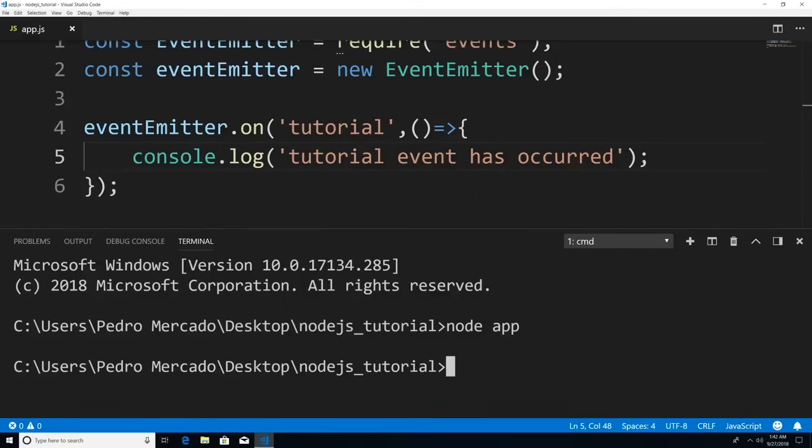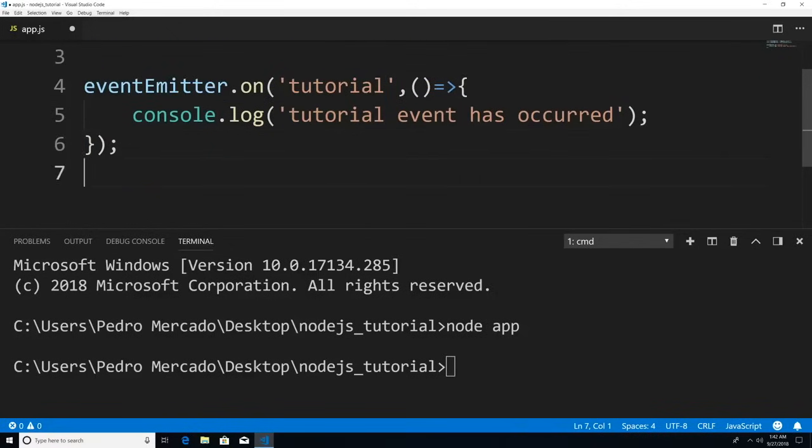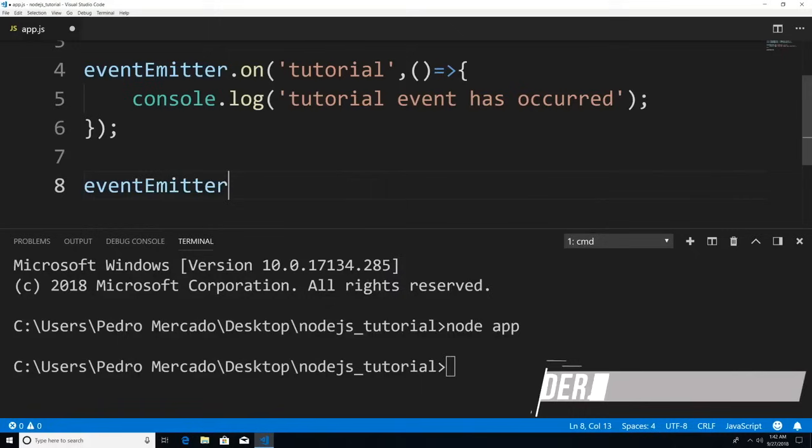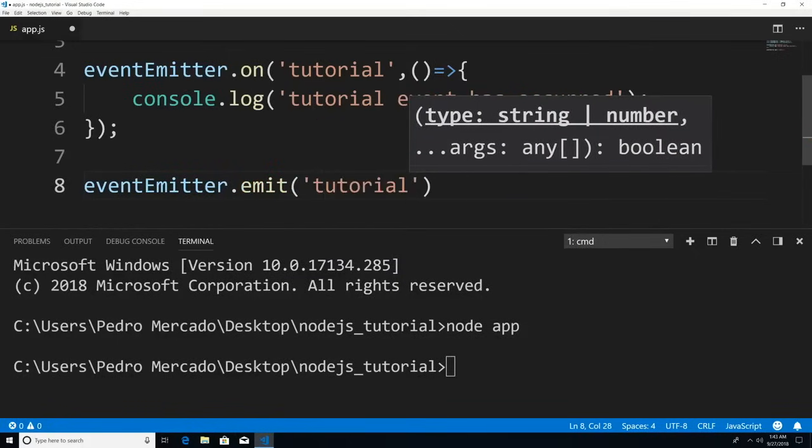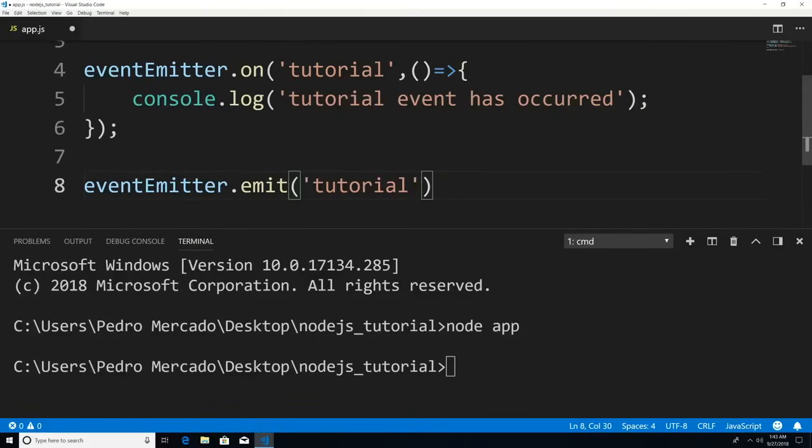You can see that nothing happens within our terminal. Now why is that? Well, I have this object. I've attached a listener called tutorial, but I haven't emitted a tutorial event. Remember, this code here is only going to be executed when a tutorial event occurs. So now let's emit a tutorial event. I'm just going to say eventEmitter.emit, and now I'm just going to pass in tutorial as the first argument. And that's it. So now if I hit Control S to save, and now execute this one more time,